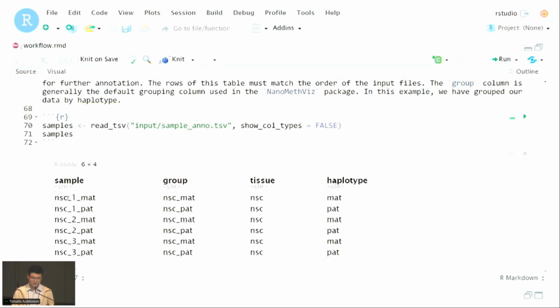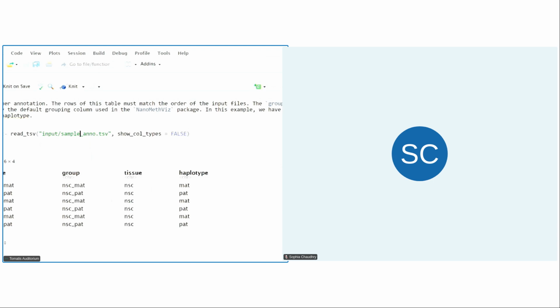So in this case, we actually managed to haplotype, I think, over 80% of our reads into the paternal and maternal alleles. And they all come from neural stem cells. So